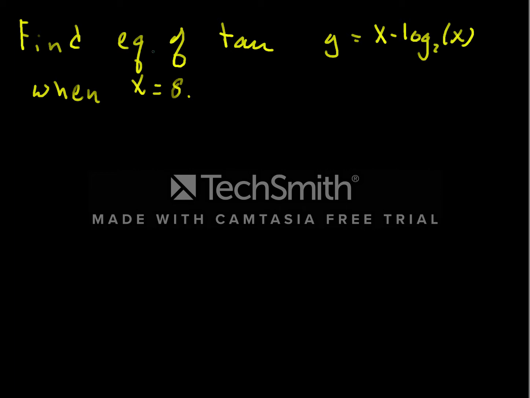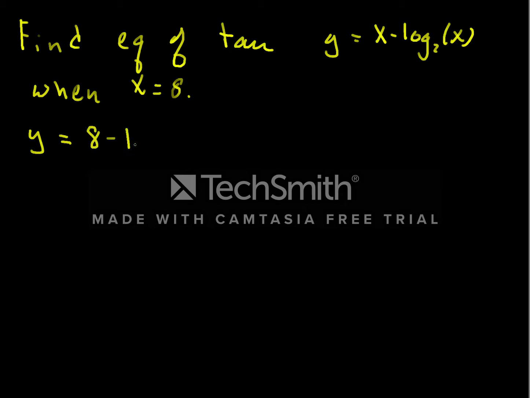To find the equation of a tangent line, the two things we need are a point on the line and a slope. We know the x value, so then the y value, when x equals 8, y is equal to 8